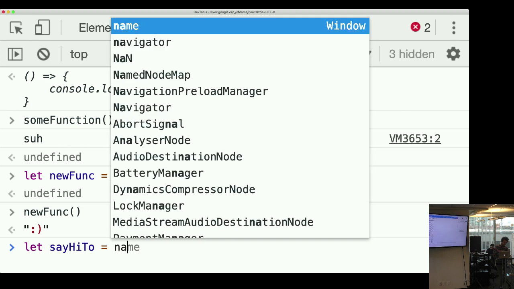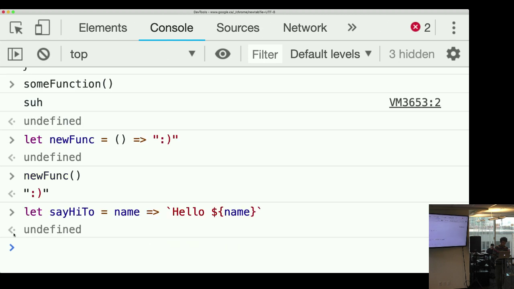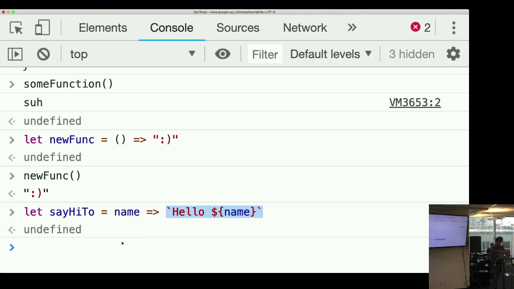This one here is going to take a name, and it's going to return back a string that says hello, hello name. I know the syntax is a bit funky, but if you translate it in your head as being like, oh, this here is the return statement for this arrow function, it'll become clear that we can say hi to